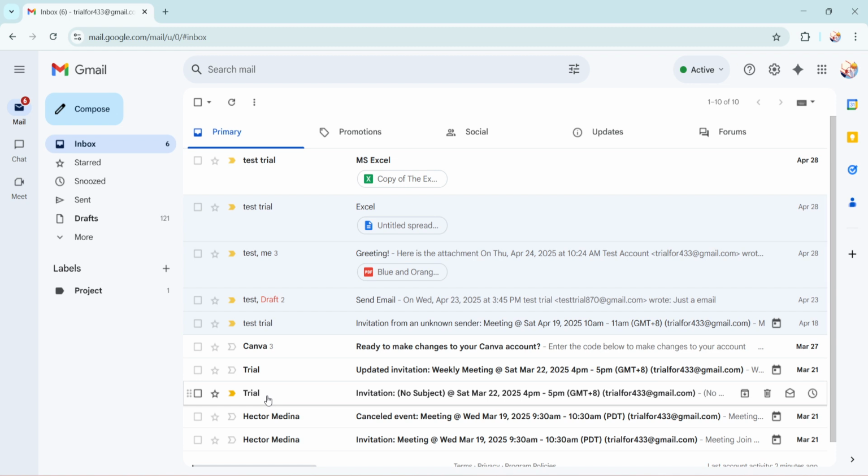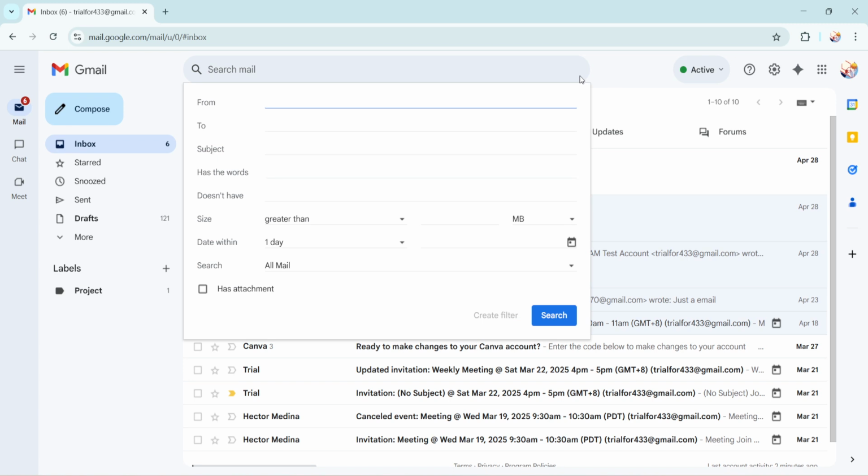To start off, go ahead and open your Gmail account. Look at the top of the page and you'll find the search bar. Beside it, there's a little icon that looks like a triangle pointing downwards. This is the search options icon. Click on that to open up the email search options. This handy tool helps you narrow down your search to make it more precise, filtering emails by sender, subject, or